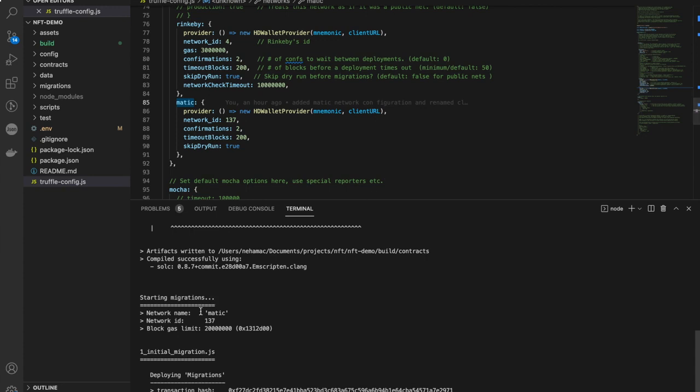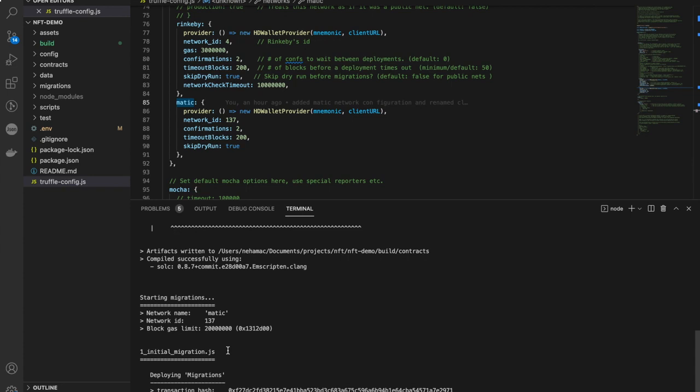If you take a look at it, there is an initial migration. Actually, what Truffle does is Truffle first deploys a migration contract, and that's how it keeps track of all our versions. So if you remember from the NFT that I was showing you on OpenSea, it said Art Collectible v3. So how does it know that this is the version 3 that I deployed?